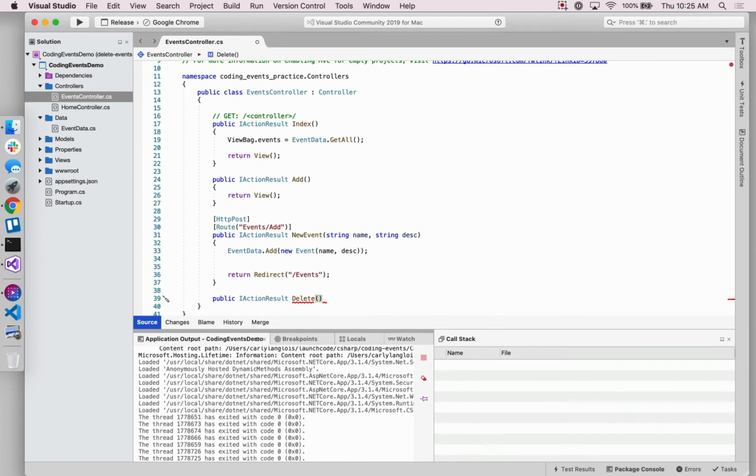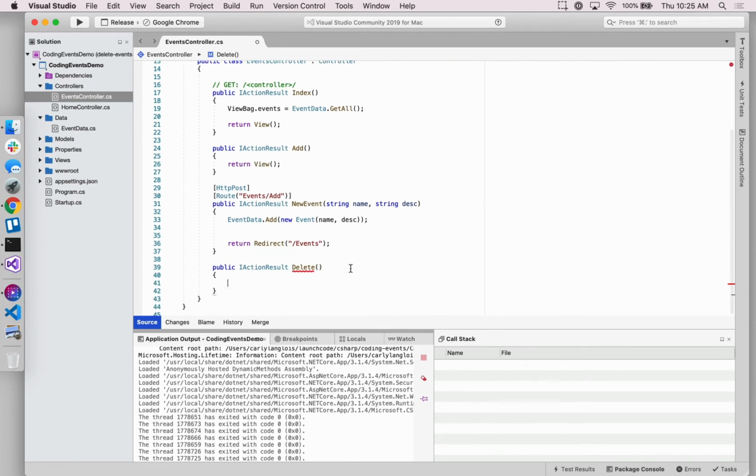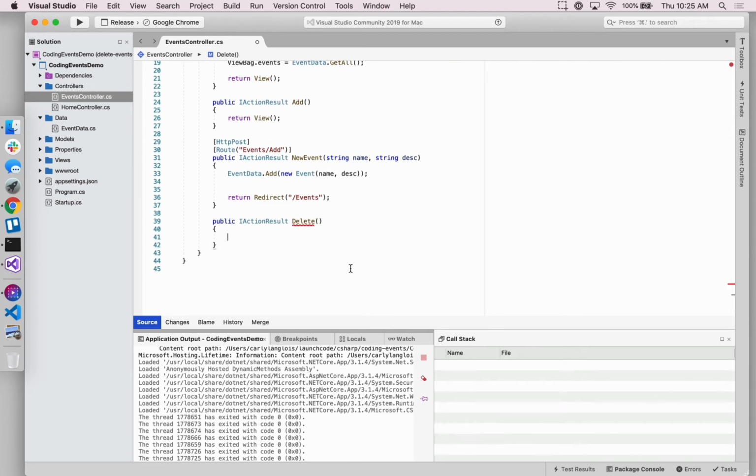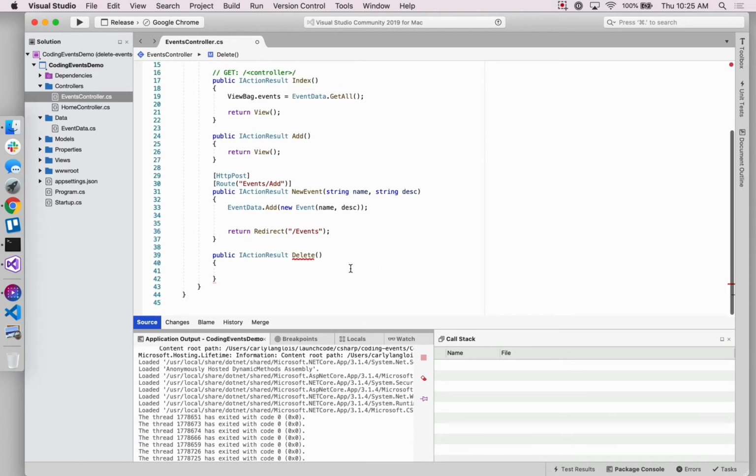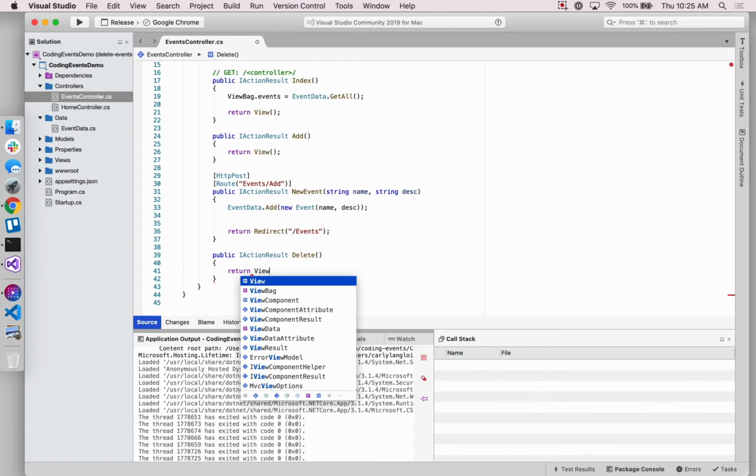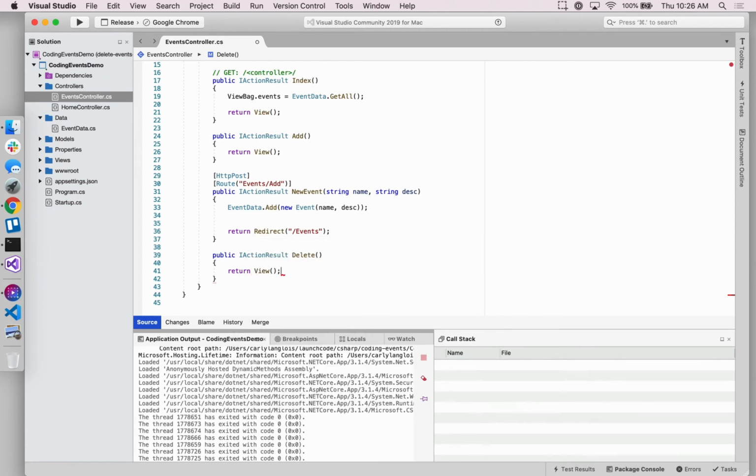This action method doesn't need any parameters. Again, it's going to look similar to what we've created for adding an event. We want to ultimately return that new view that we're creating, and that view is going to also live at